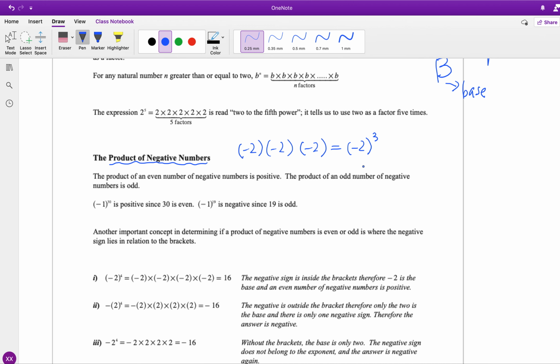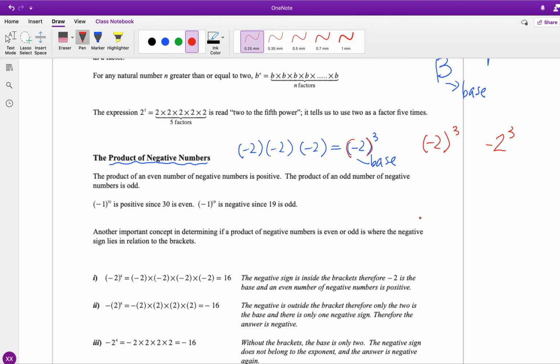So when the base is a negative number, we have to be very careful. When the base is a negative number, this bracket here is very important because negative 2 to the power of 3 and